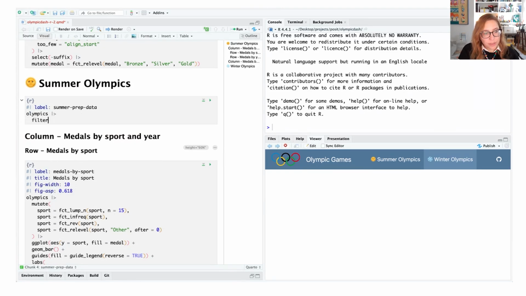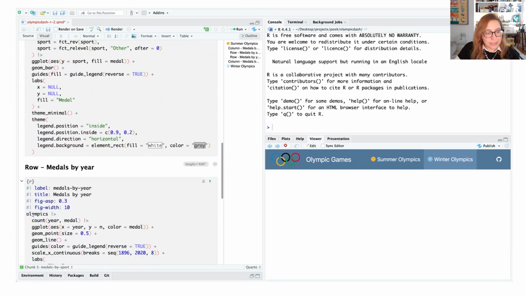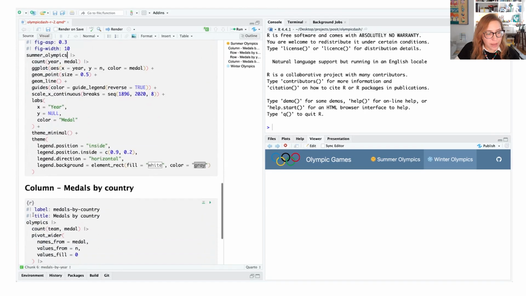And I am going to simply filter where season is equal to summer here. And I am going to name the resulting data frame summer_Olympics. And going forward, for any of the places where I was calling the overall Olympics data, I'm going to just refer to Summer Olympics instead. So let's go ahead and do that.